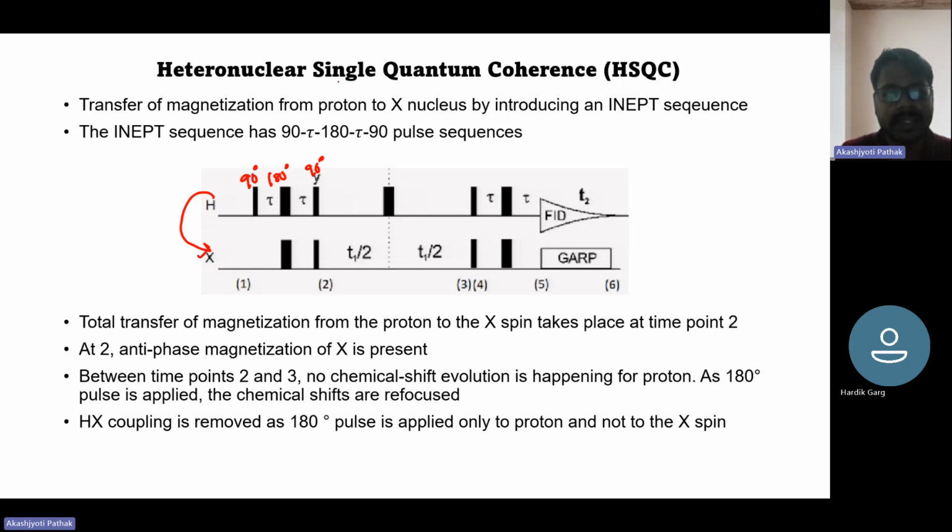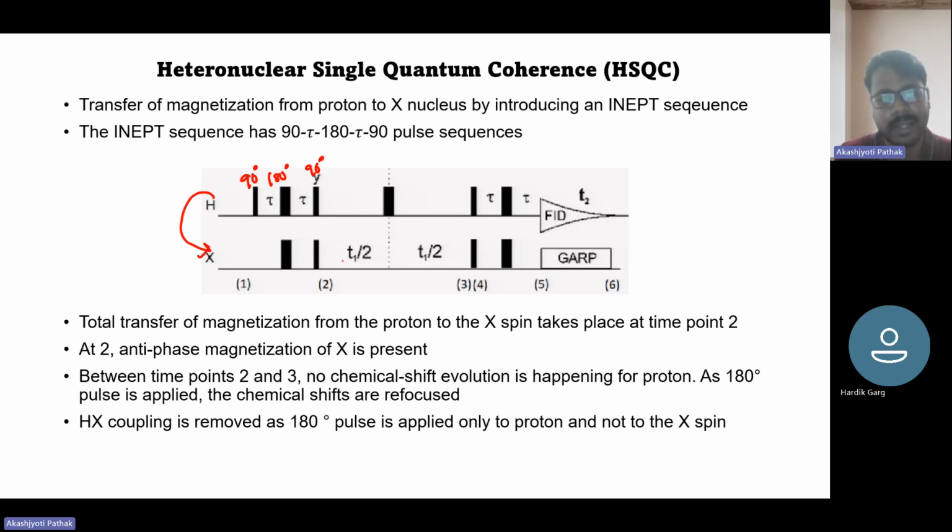So the HS in the HSQC, the main change that we are making, is introducing this INEPT pulse sequence, and this INEPT pulse sequence helps us transfer the magnetization from the proton to the X nuclei, which is less NMR sensitive. Okay, so then at time point two,